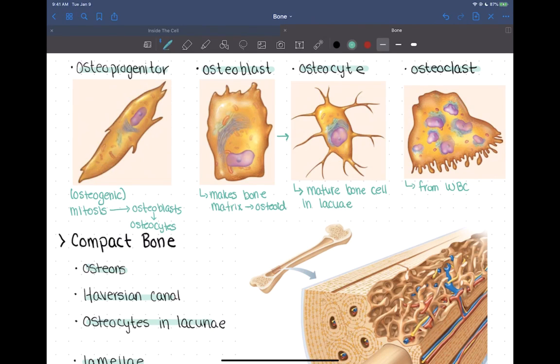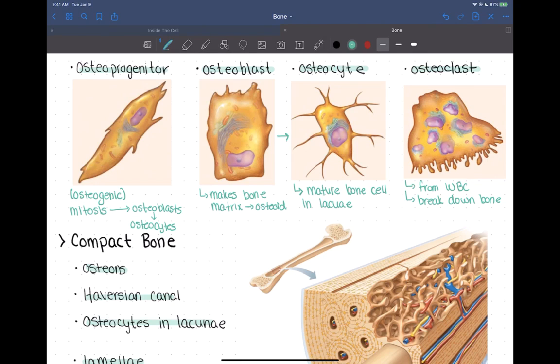All right, and so their job is to break down bone. All right, so these are going to break down bone. Okay, and so usually you would break down bone, one, if you need to remodel it for some reason. If there was a break and it's healing, you kind of remodel that callus that forms. We'll talk about that a little later. They would do that, but also if you need calcium from the bones, these osteoclasts would break it down to